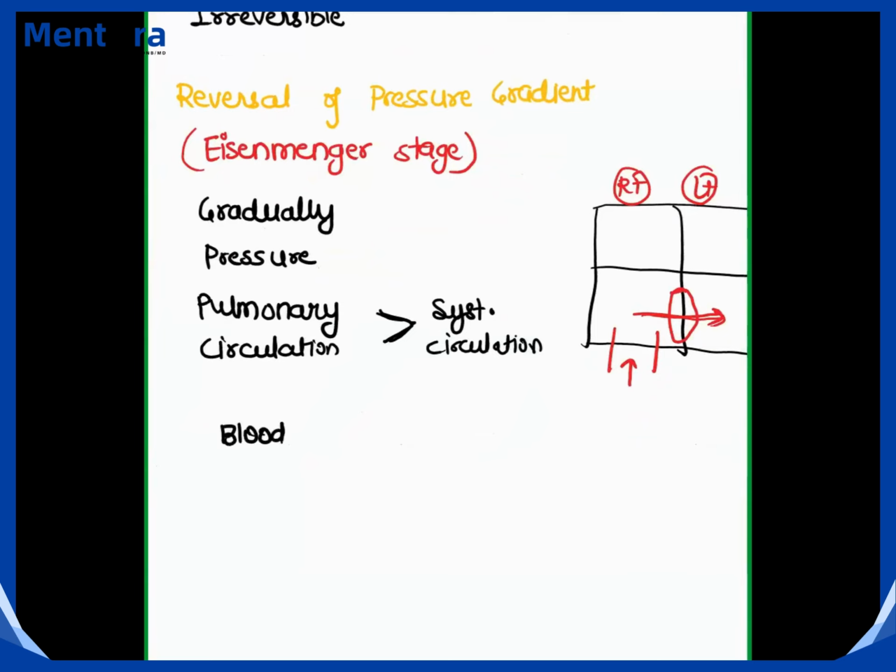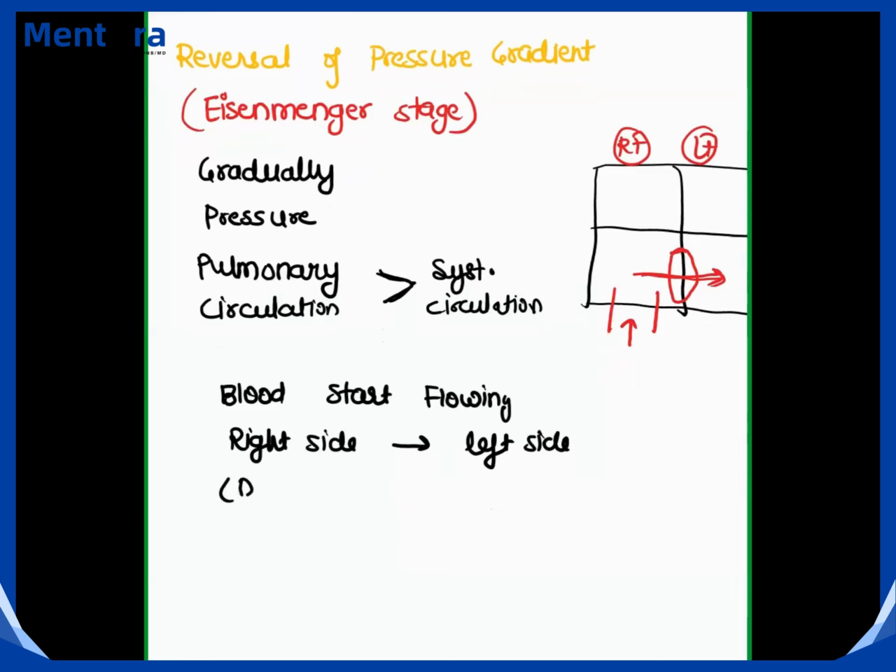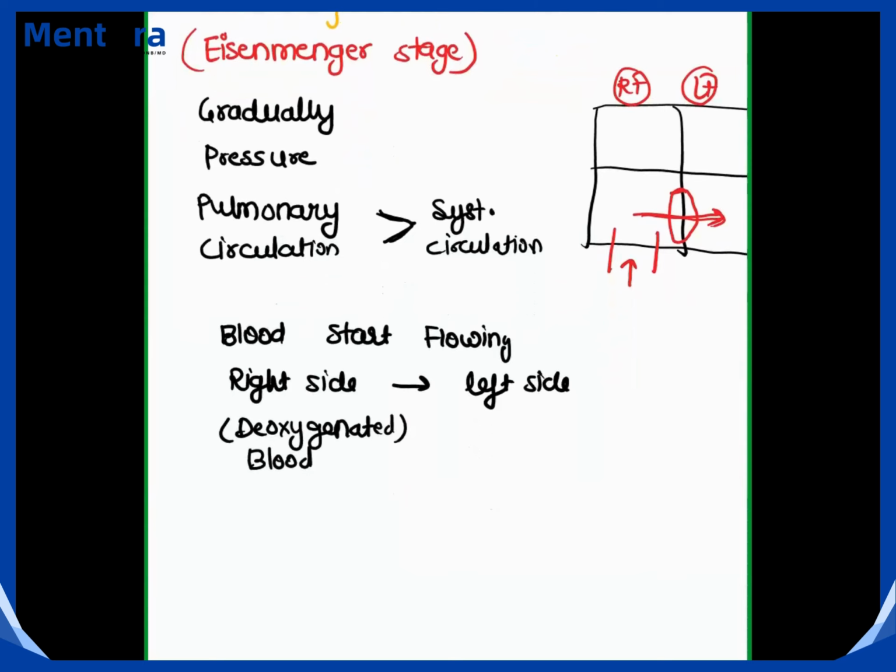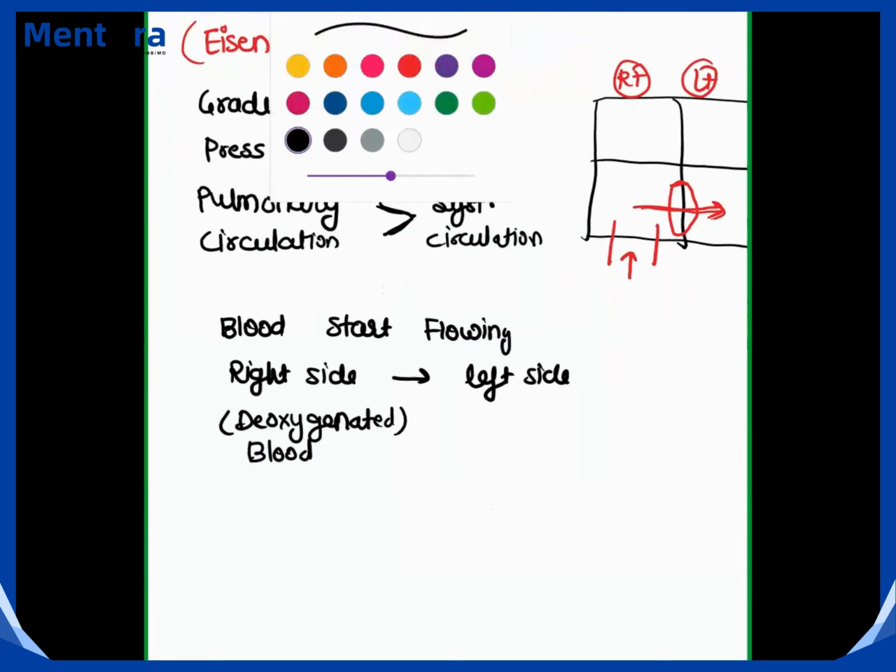So blood starts flowing from the right side to the left side, and on the right side there is deoxygenated blood. So deoxygenated blood gets mixed into oxygenated blood, and the consequences of this